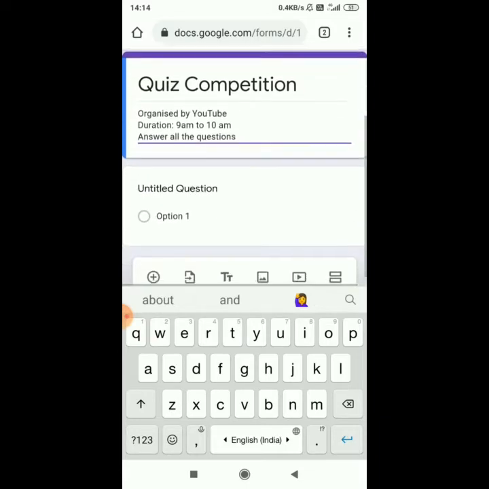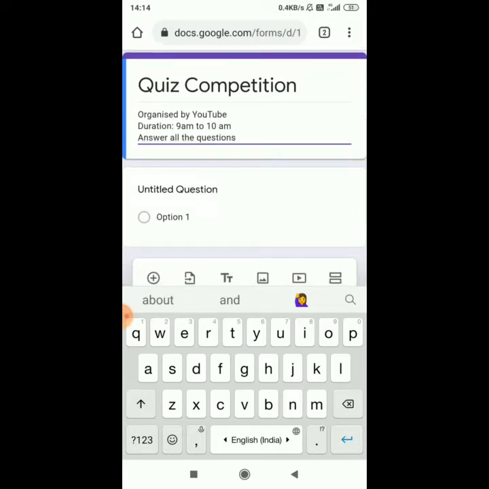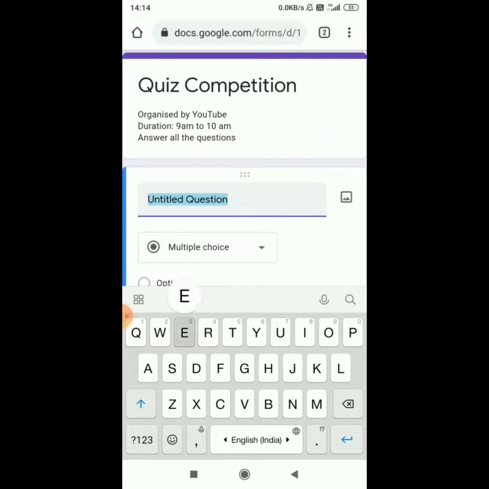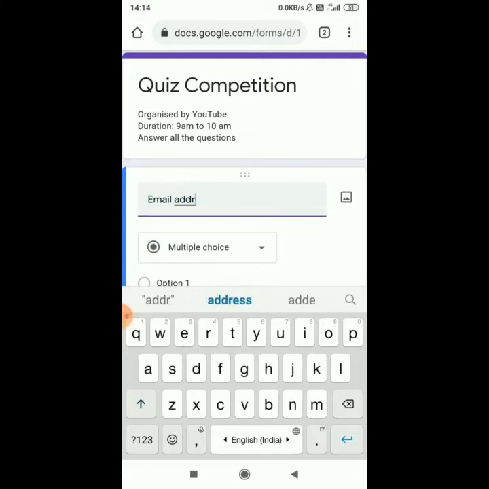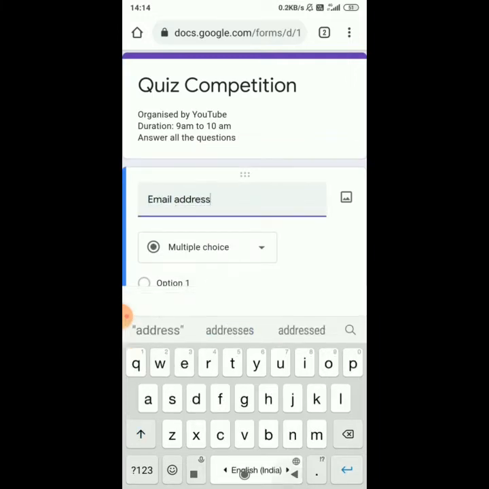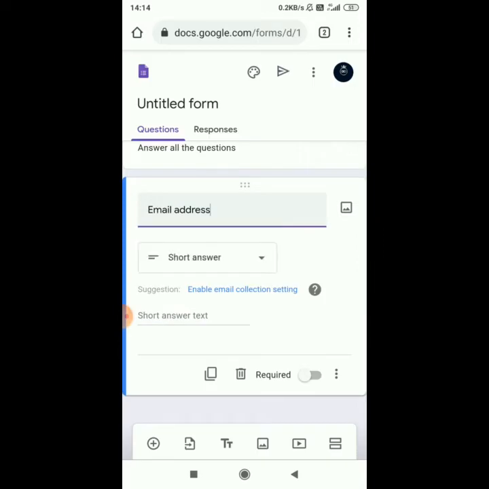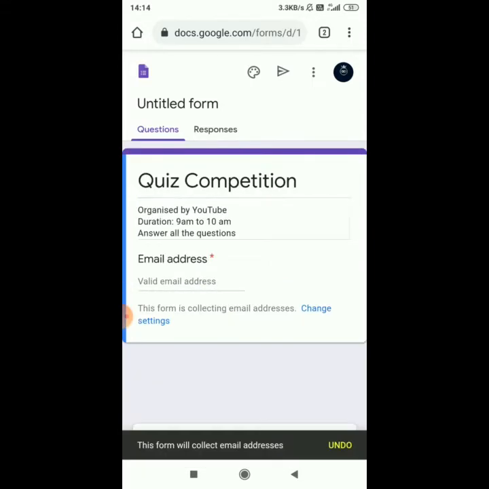Then next, if we want some details of the candidate, first we will type email address. If you want the email to be mandatory, you can click on settings here. So it will be mandatory.